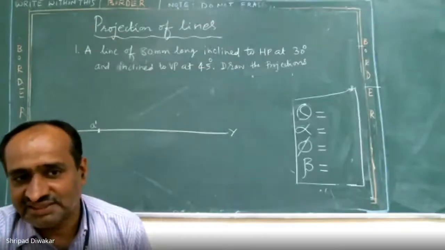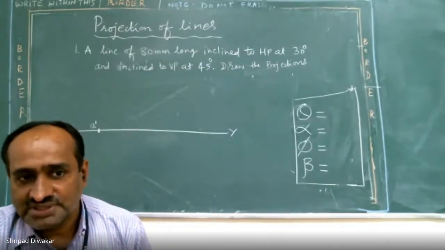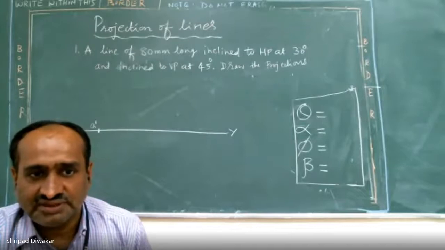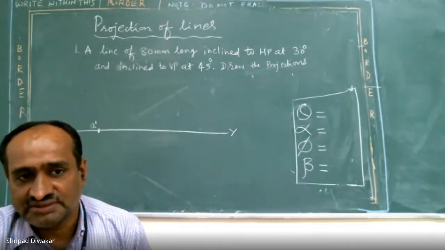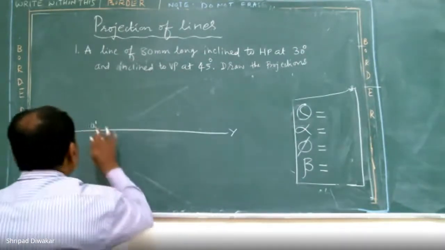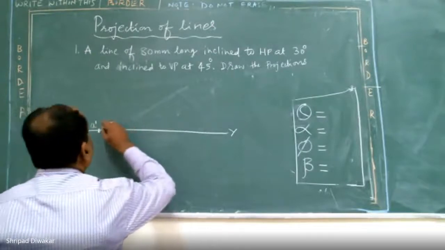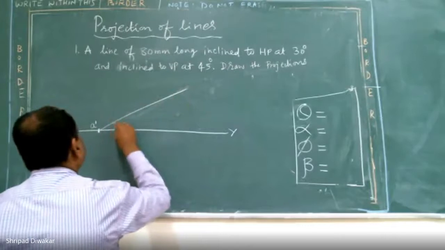Understood? So then how do we get the locus point, sir? I'll tell you, okay. Next. Okay, understood this point? First understand: suppose the dimensions are not given directly, you have to start on the reference line, because I don't know the distance. So this is my reference line. Next step, you have to follow the same procedure. Draw a 30 degree line with respect to HP.